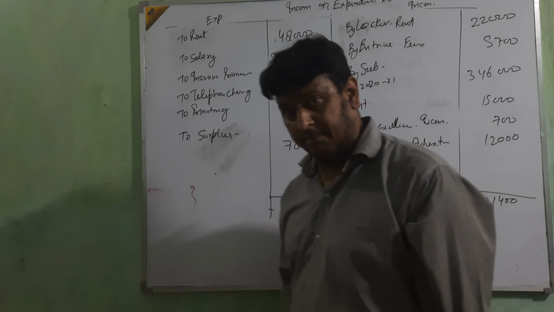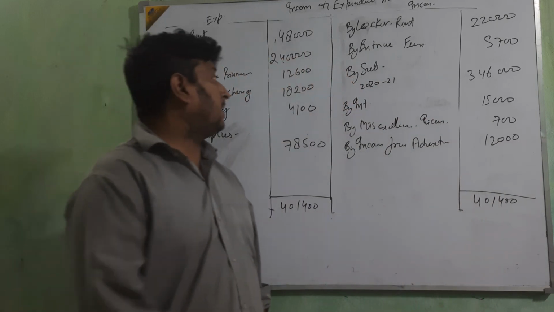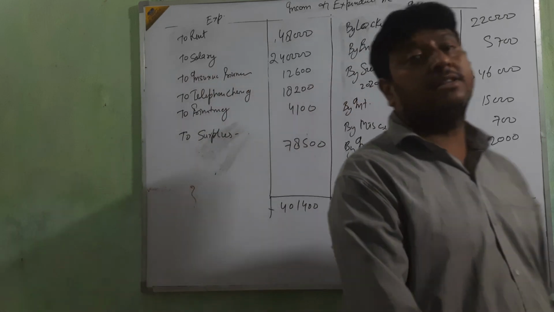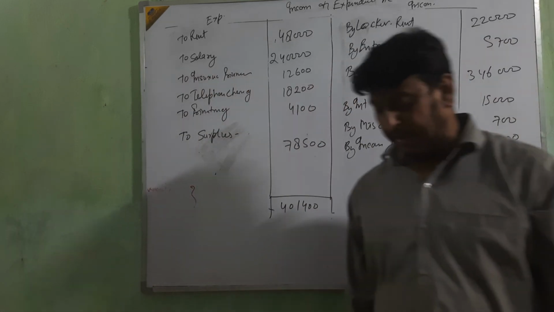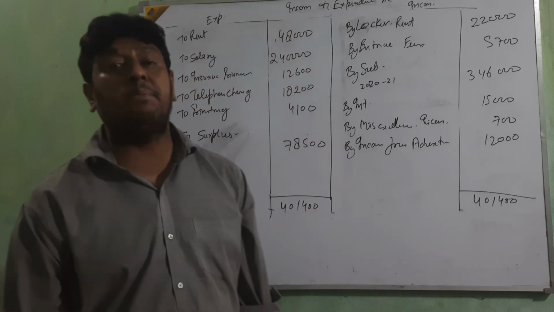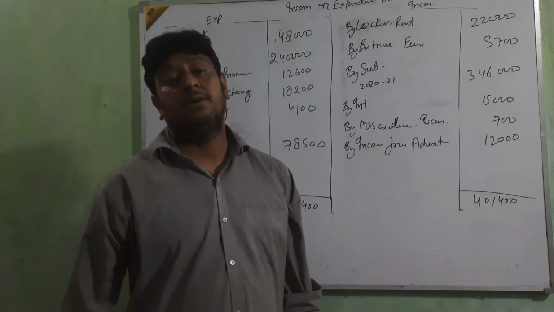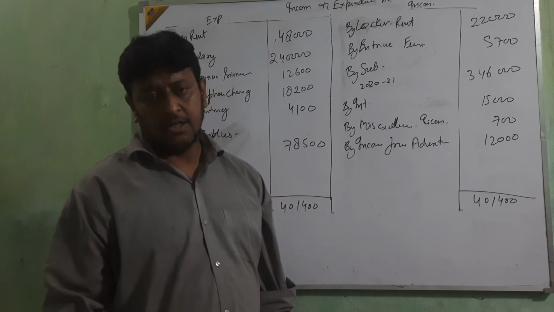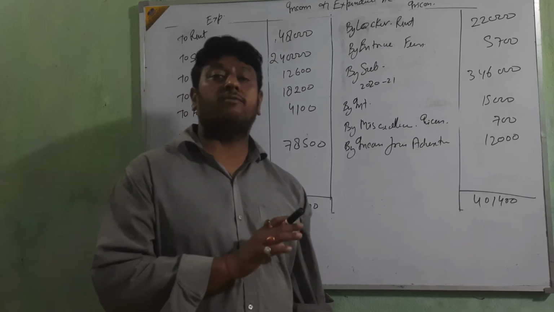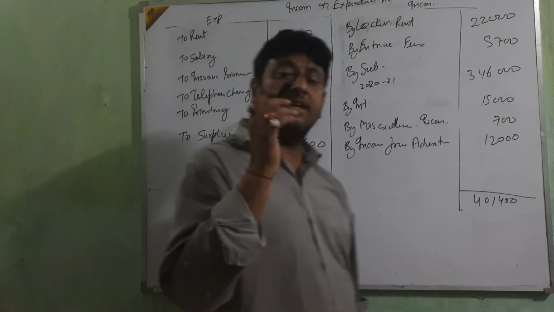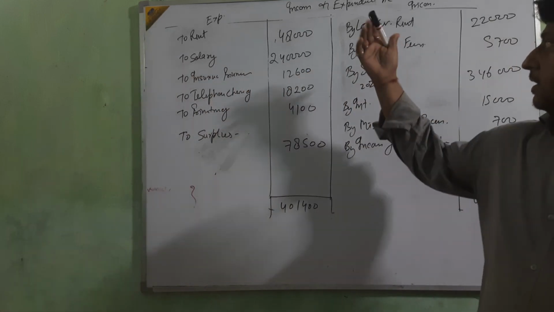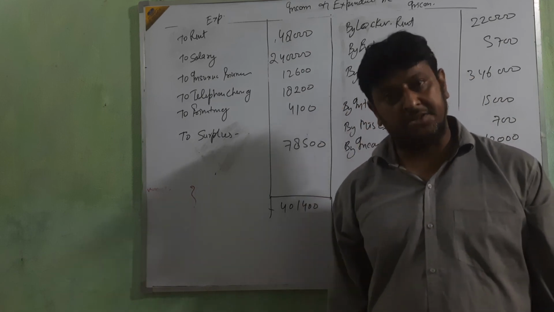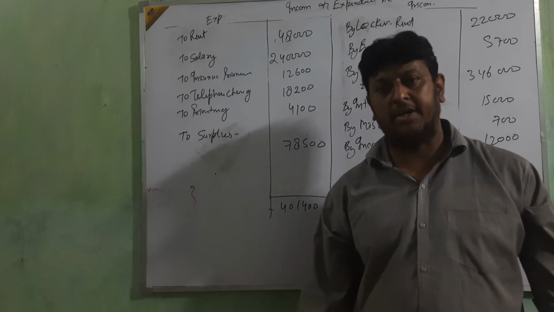Why are we going to make the opening balance sheet? Because we don't have any capital. So for the calculation of capital, we are going to make the opening balance sheet, and the balancing difference amount is called the capital fund. Here we are not calling it capital, we are calling it capital fund. Clear? On the next class we are going to take one full question in which we make the opening balance sheet, the income and expenditure account, and then balance it. Okay, clear? Okay, thank you.